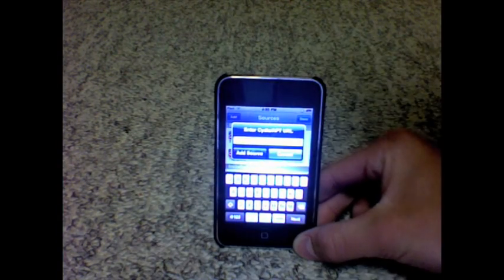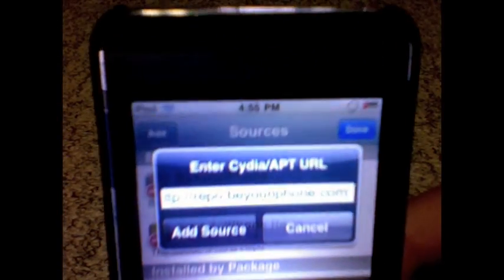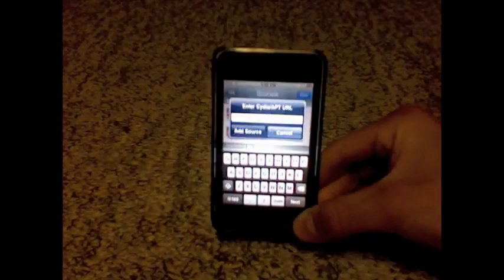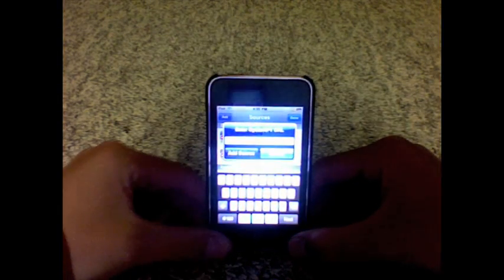It should look exactly like this. Alright, so once you got both those sources added, what you're going to want to do is go click on